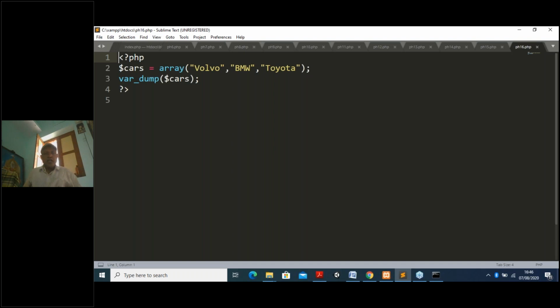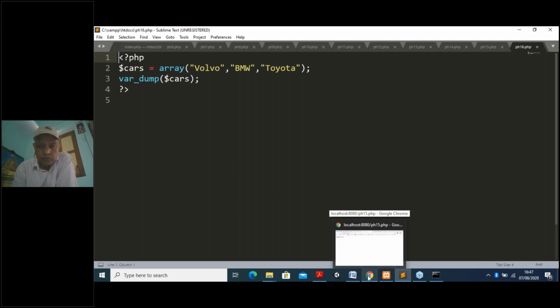So here I have declared a variable cars, and this is just an array. In this array, these are the elements: Volvo, BMW, Toyota. I am never putting a bus, truck, or auto inside it. I'm putting similar types of cars. Then I want to check what the data type of this variable is. So this is my program number 16. Now guess what the output will be. Some of you tell me. Okay, get ready.